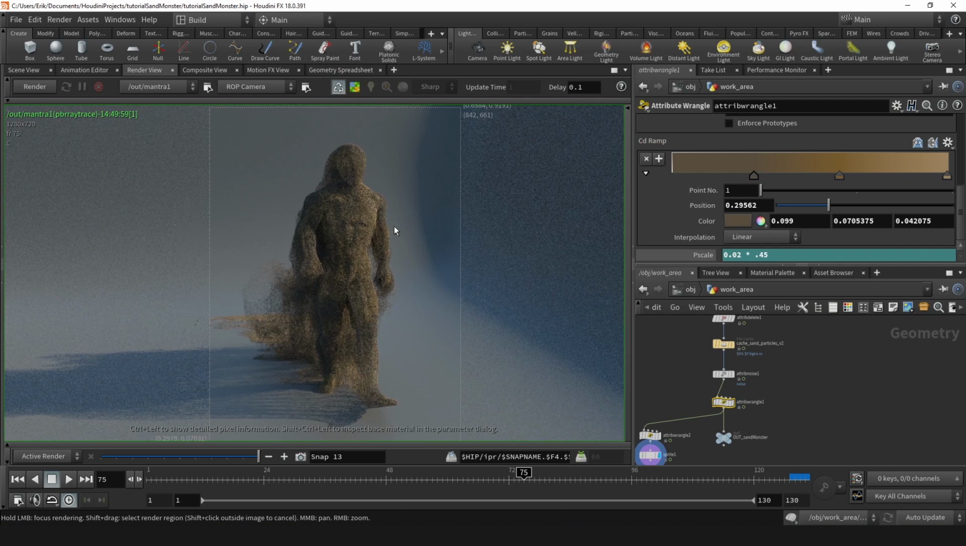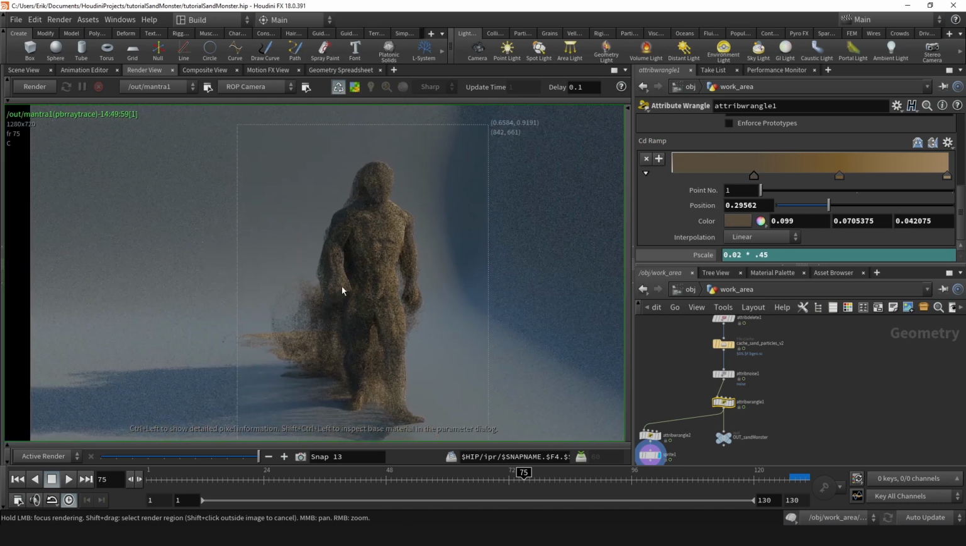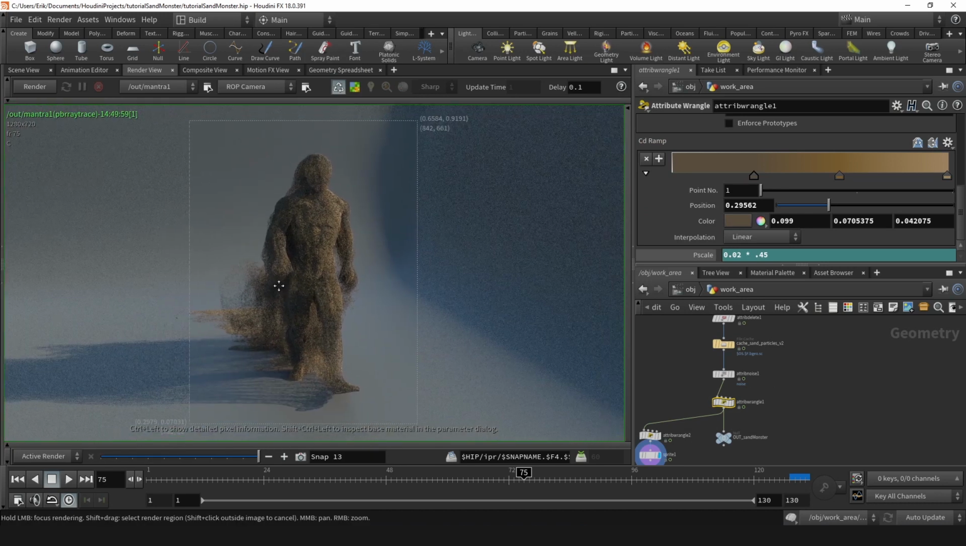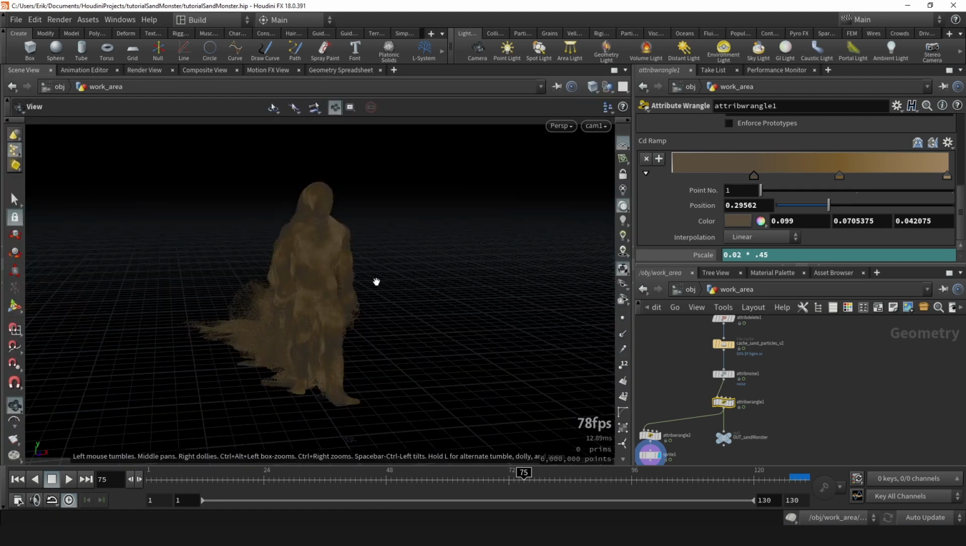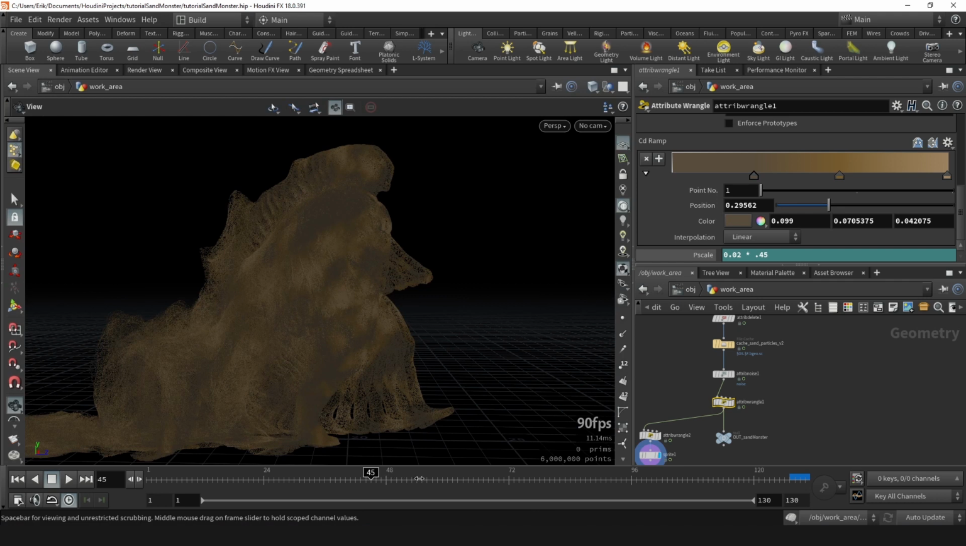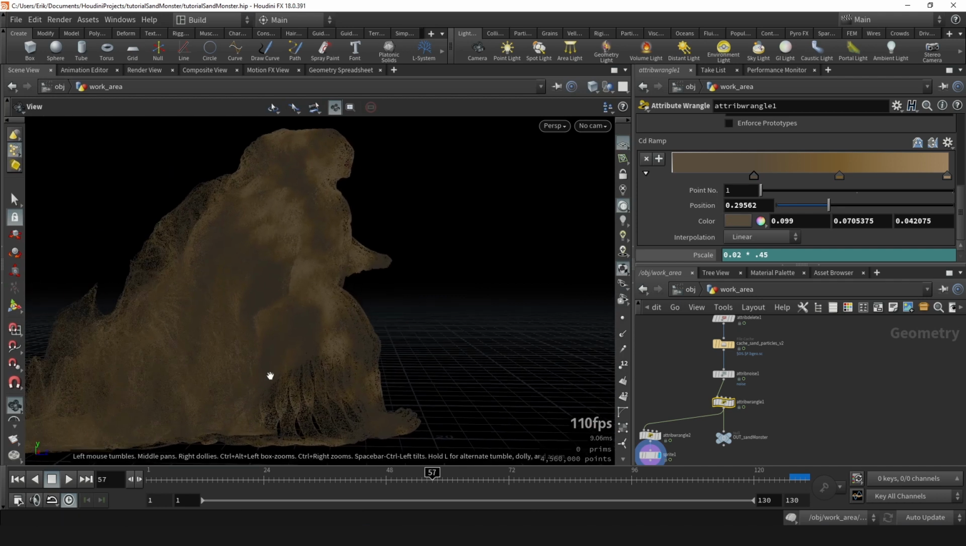Okay, so this is how our render ended up, and as you can see now, these particles behind here are smaller. They're not as visible, but we still get a nice shape, but the main focus will be on the character itself. And I actually remember one thing that I completely forgot to do, which will affect the look of the sim a lot,